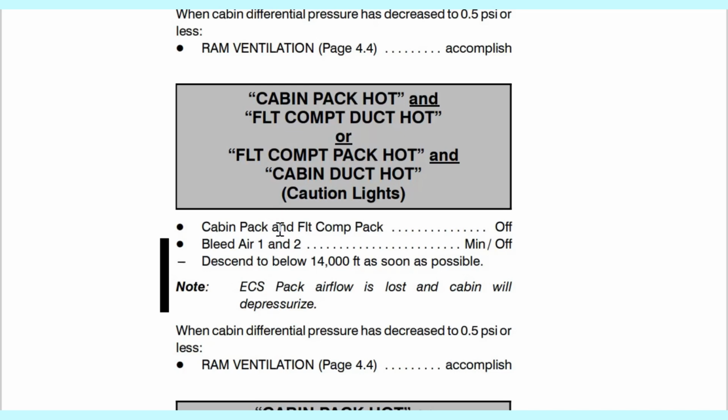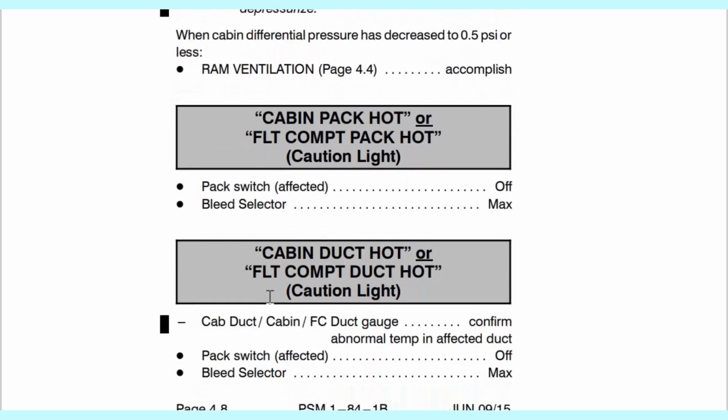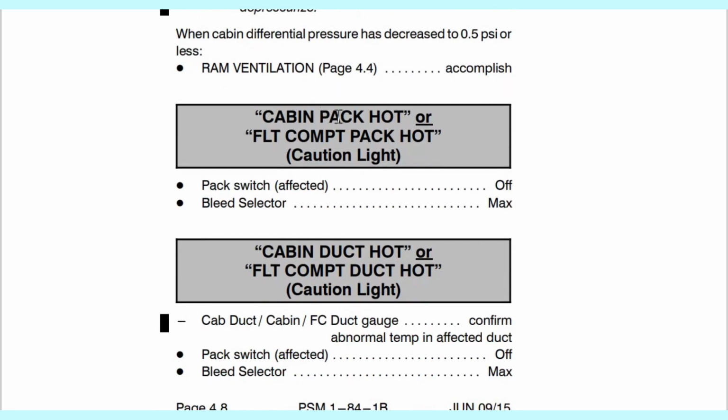Here's an "or", so only one of these. It's either this or that. Do these actions. That's it. Monitor and see what's the way forward. Another "or" is here. Very simple. Do these actions, and monitor what's happening. And then it becomes very simple now.